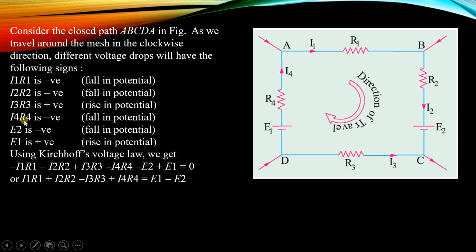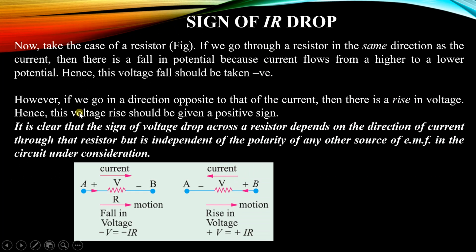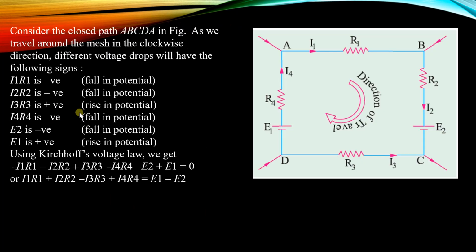And I4 R4, it is again negative. This is fall in potential. And then we are having voltage sources E2 and E1. E2 is negative, as it is from positive to negative, and E1 is positive, means rise in potential, because this is negative to positive. So if we are applying the Kirchhoff's voltage law in this loop, it will become minus